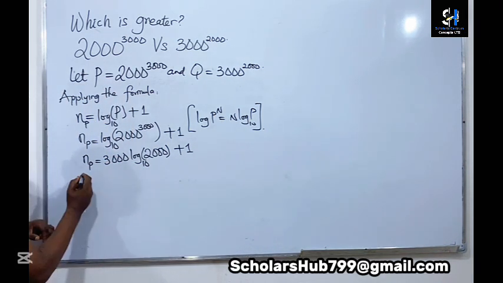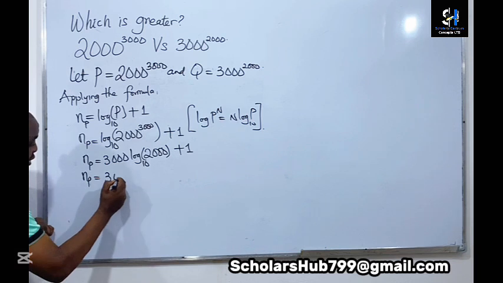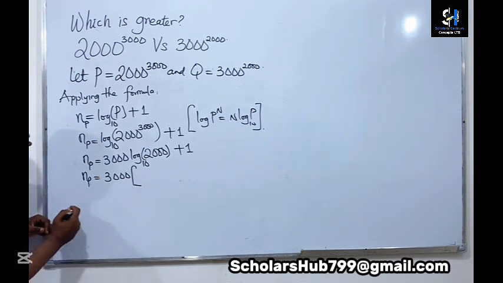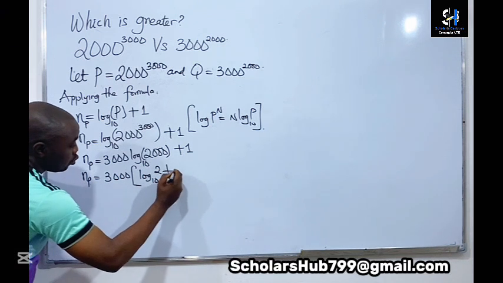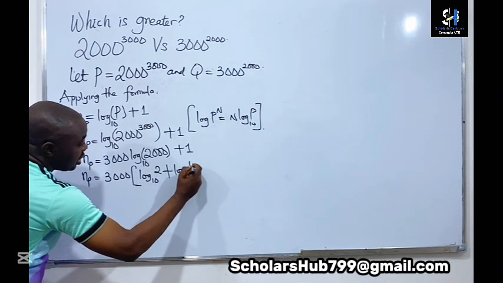So this now becomes 3000 open square bracket, logarithm to base 10 of 2 plus logarithm to base 10 of 1000,